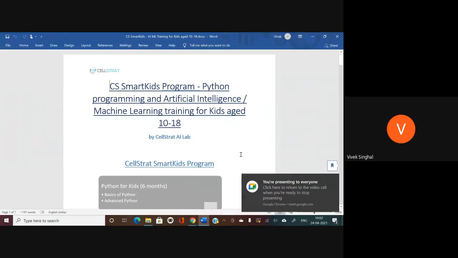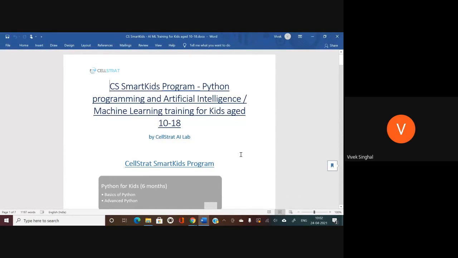Just a brief intro on the program. We are basically an AI research lab called CellStrat AI Lab, and we have a program for kids of 9 to 18 years old, and we call it the CS SmartKids program.